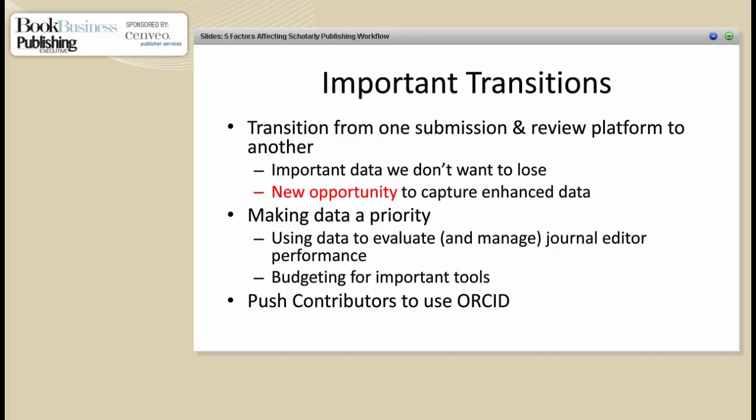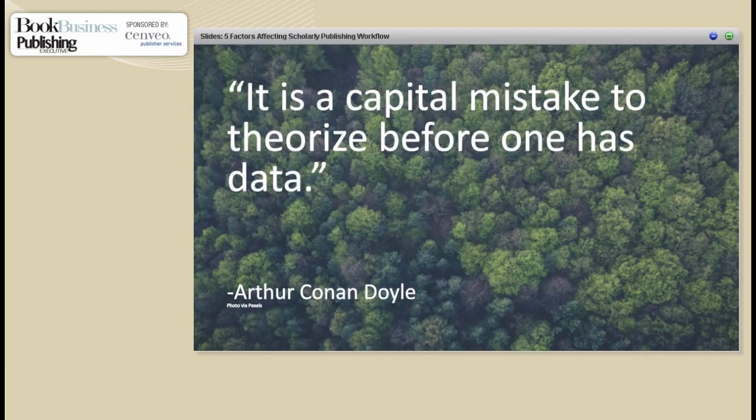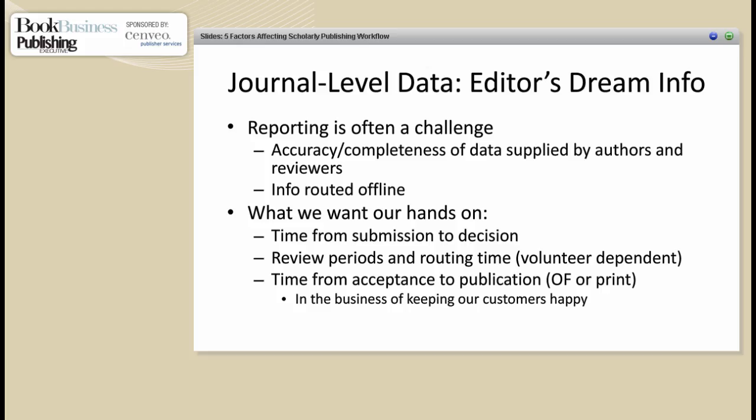This is just a quote that I really like, and it plays in with the logic and reasoning for why information and data is so important to us in scholarly publishing right now. Why do we care so much about having good data? This is some of the dream information that I think all good editors want to have easily accessible to them. Having easy and reliable access to this information and data you can actually trust is a huge